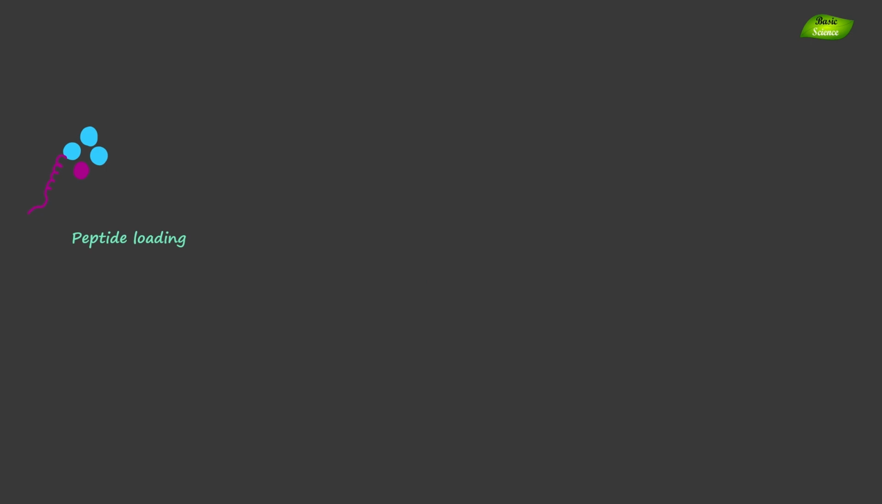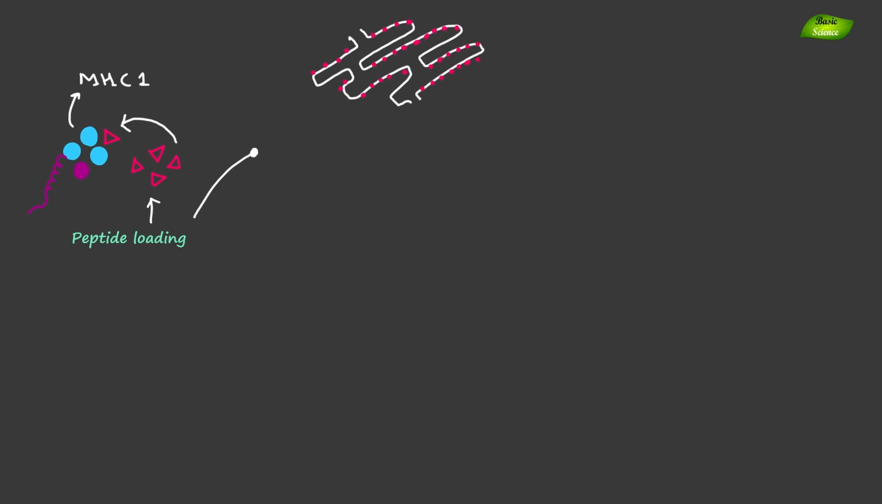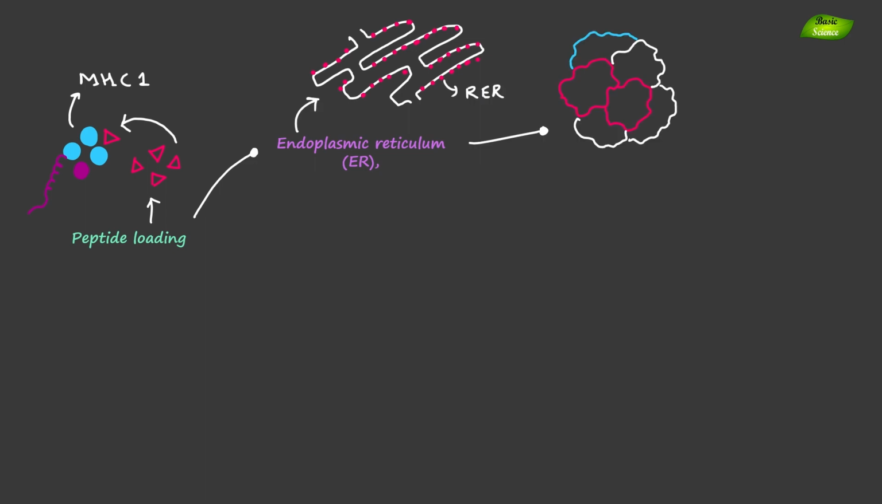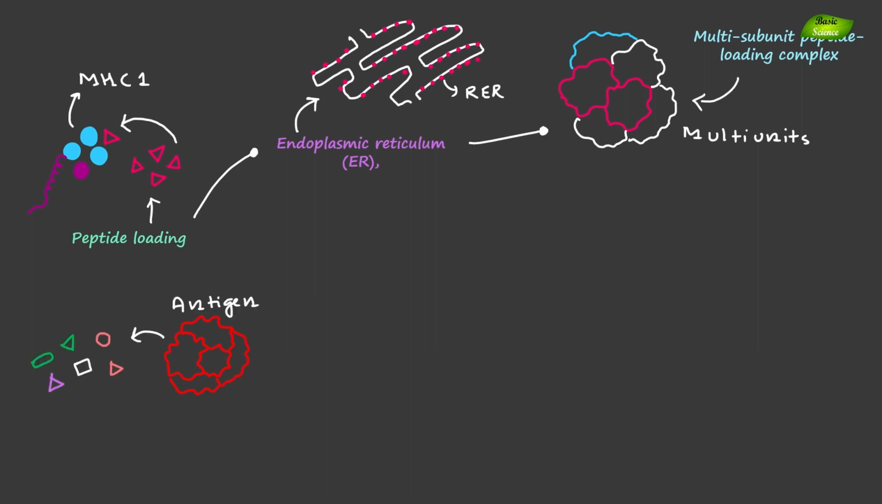So step 1 here is the peptide loading. Peptide loading onto the MHC class 1 molecule occurs inside the endoplasmic reticulum organelle. So the endoplasmic reticulum is very important here. It is facilitated by a multi-subunit peptide loading complex, and this complex is involved in loading the peptide onto the MHC class 1 molecule. This process involves the trimming and selection of suitable peptides from a pool of potential antigens generated